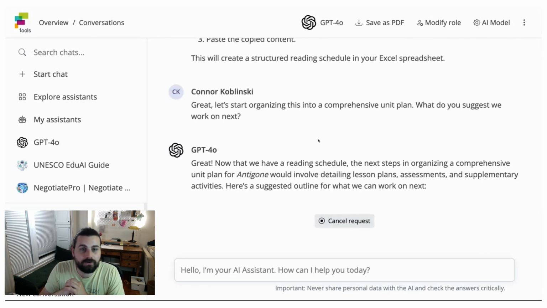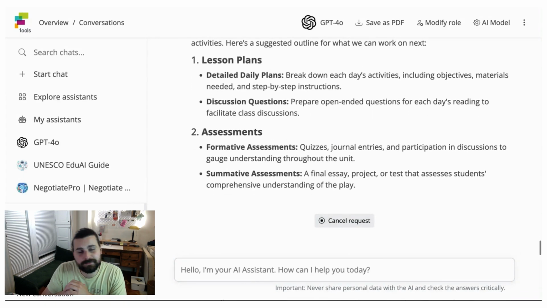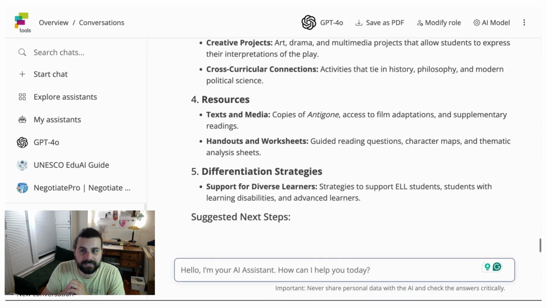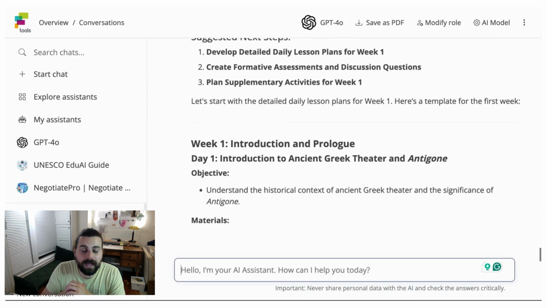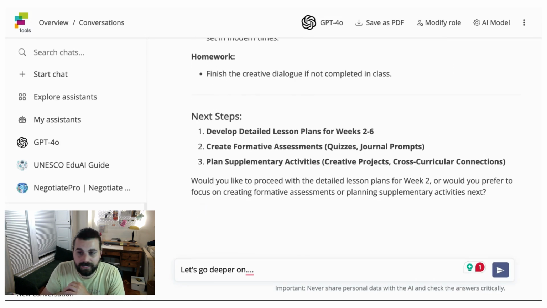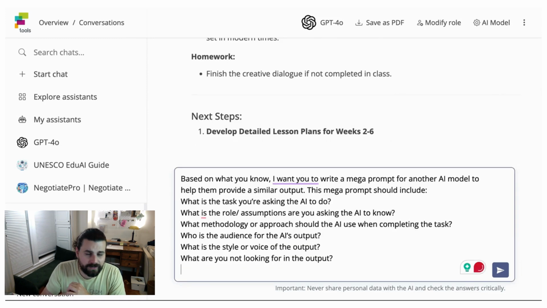Now, it's going to go ahead and organize some ideas here and start to build out some lesson plans and even maybe ask me some questions in order to fill in the pieces of context that it doesn't have. Again, this is one of my favorite ways to work with AI because it allows it to prompt me into new thinking. Now, the great part is I can always go deeper on any other subject I want, but right now what I'm going to do is have this chat